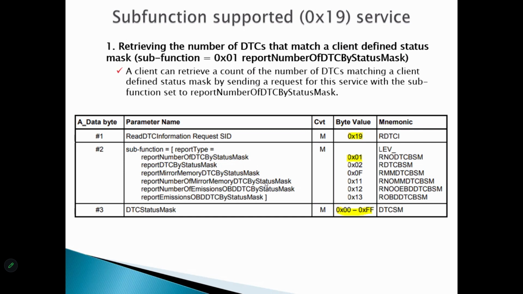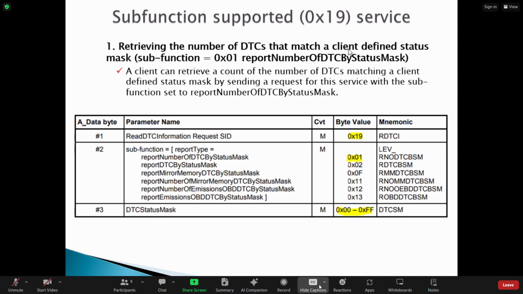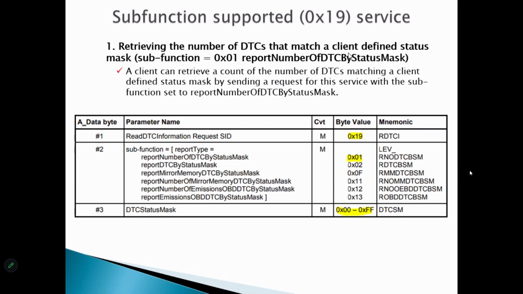Number of DTCs that matches a client defined status mask. So using this subfunction of the 19 service, the client can retrieve how many DTCs are stored in the server whose status byte is as per the request. Okay,